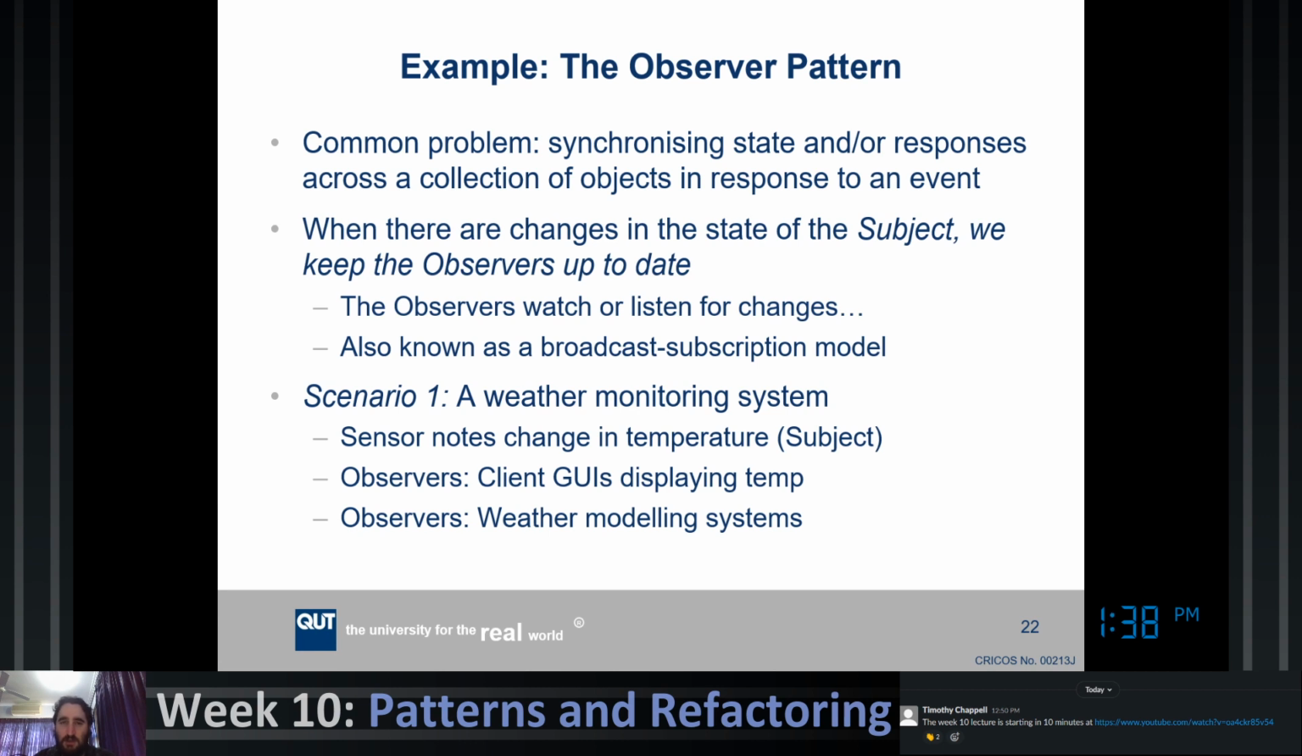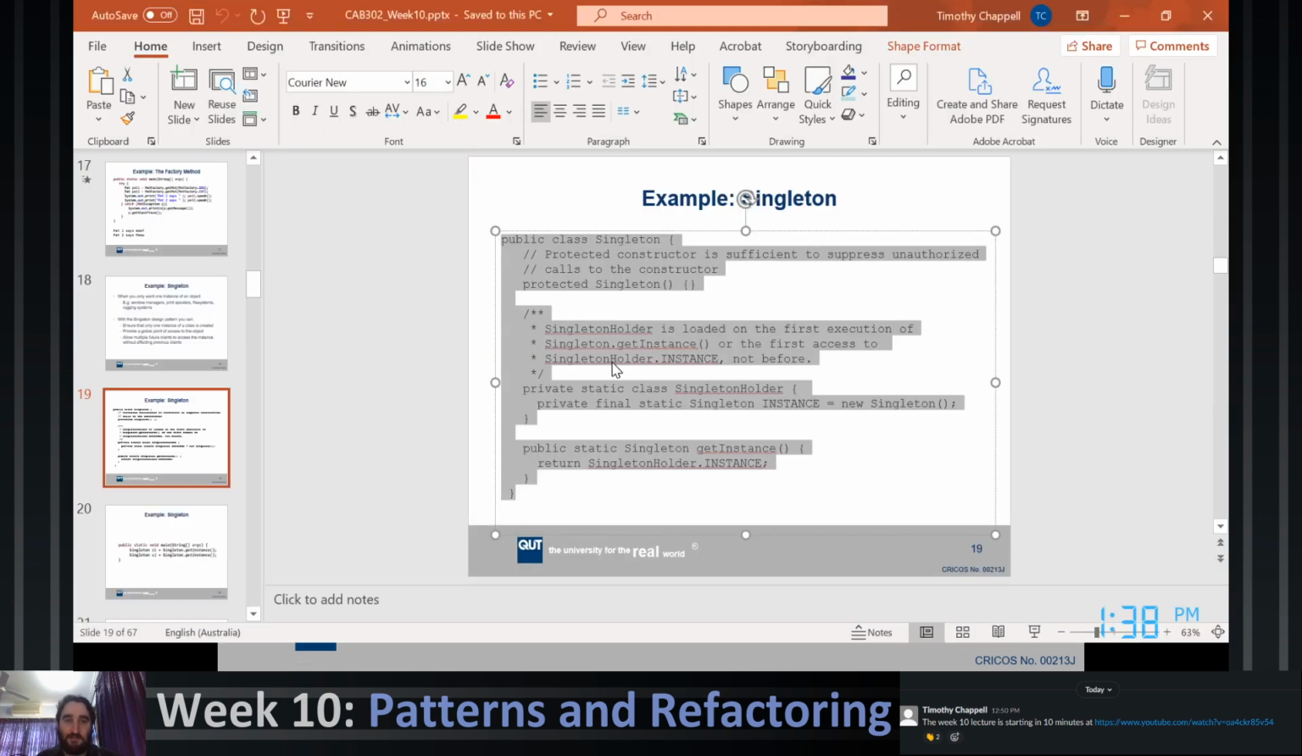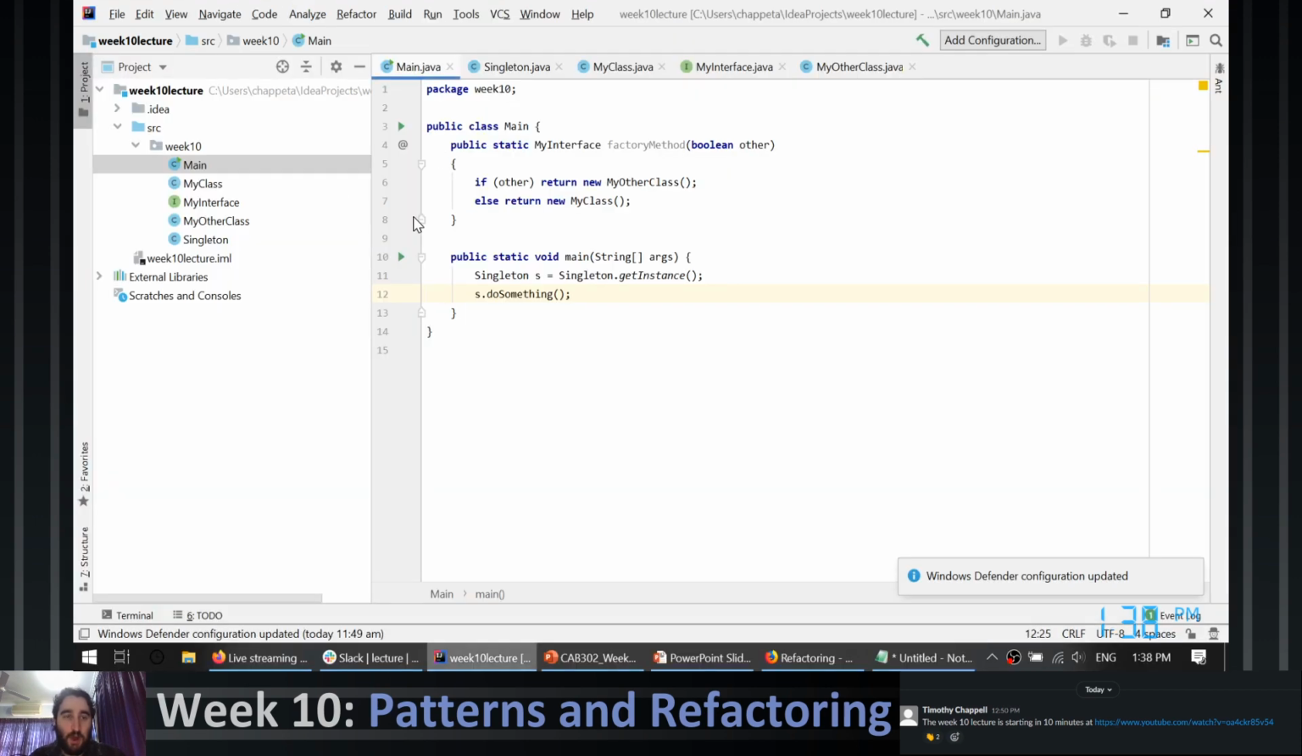The idea with the observer pattern is that it's a way of keeping the subject from knowing about its observers and keeping the observers from being too dependent on the subject. So it sort of keeps them at arm's length and has some sort of mediation happening between the two. It's also known as a broadcast or subscription model, and we've used this quite a bit within our GUI programming. And one example